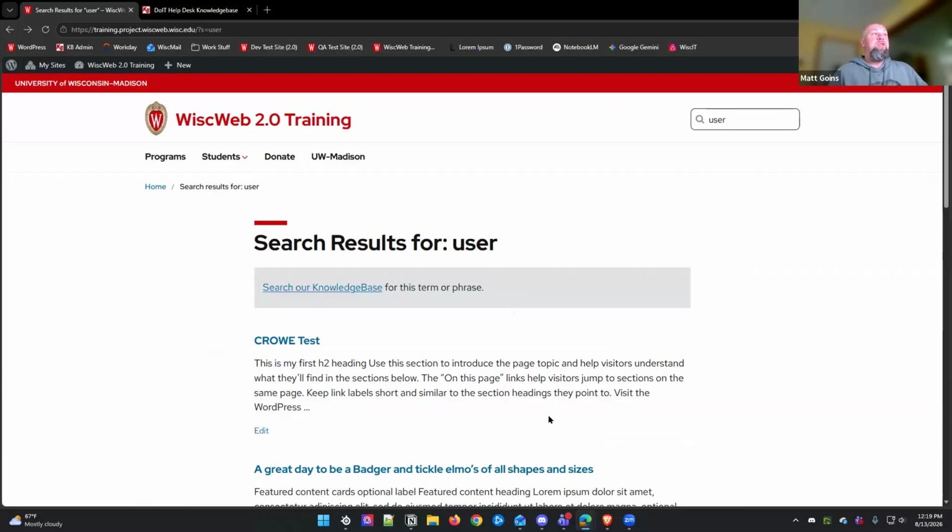So this is specific to WiscWeb, how this plugin will work. For those of you who are not WiscWeb, if you're self-hosted and if you're looking for ways to integrate knowledge base content into your site, I would recommend reaching out to the knowledge base team. I'm on the knowledge base team too. If you're interested in doing that stuff, reach out to us and we can talk to you about using the APIs, but that would be specifically for non-WiscWeb